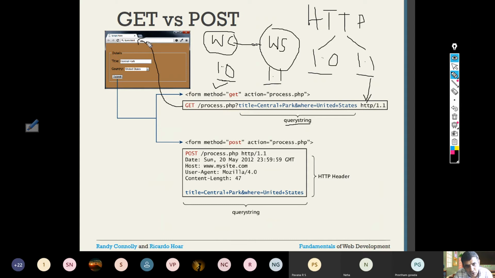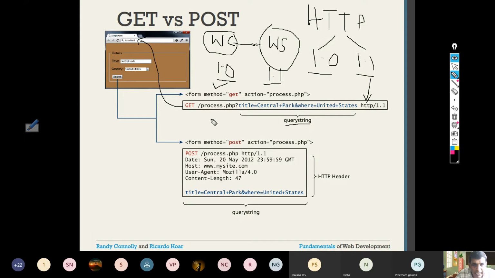So if you don't mind your query being displayed in URL, it doesn't matter. But I am a user sitting at a client, I can tell in the server, a website server, there is a program process.php and it definitely has some entries like title and where. Okay, so this gives you some data structure as well as the program that is being used on the server side. Okay, that is the drawback of get method. Your data will be sent as a query string and it will be displayed in the URL window.